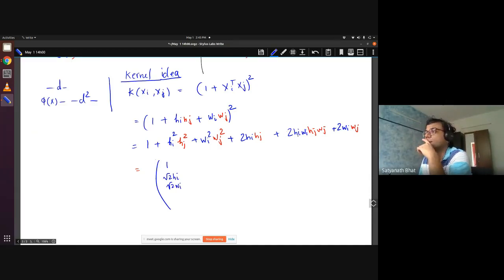What else? Then square root 2 hi wi. Okay, that will take care of this. Then hi square and wi square. Hi square and wi square. This inner product